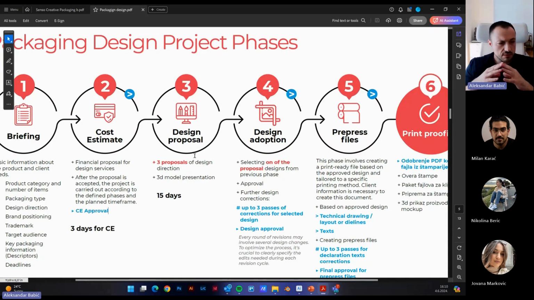In this phase, I will repeat again, it is very important to use color management and color consistency, because this 3D visualization or a mock-up or whatever you show to the client has to be realistic and something that can be produced, and this final print has to be, let's say, 95% similar